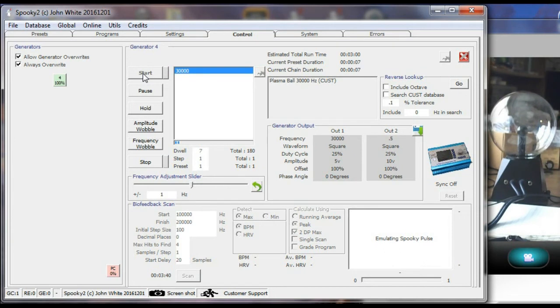So there you have an example of running a 1/2 hertz gating frequency to the plasma ball that's running 30,000 cycles primary. Now that's not that exciting, but you know what will be exciting? What I'm going to do next. Okay, I'm going to stop it, go back to settings,